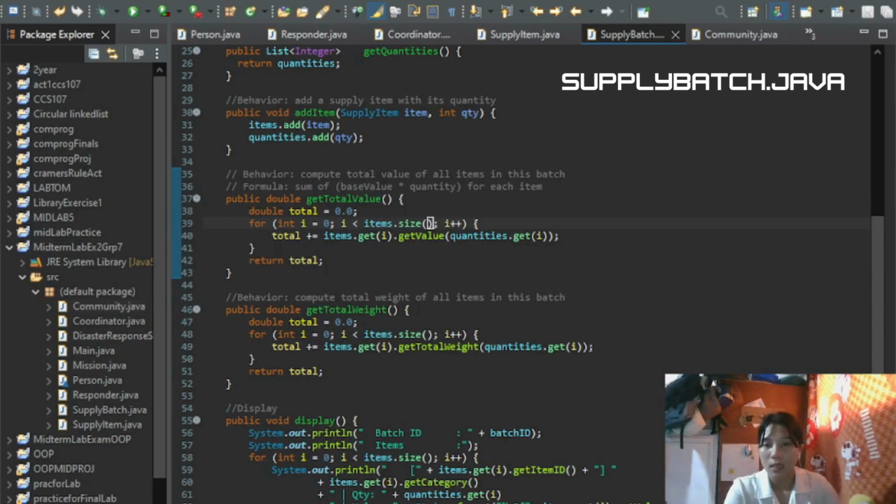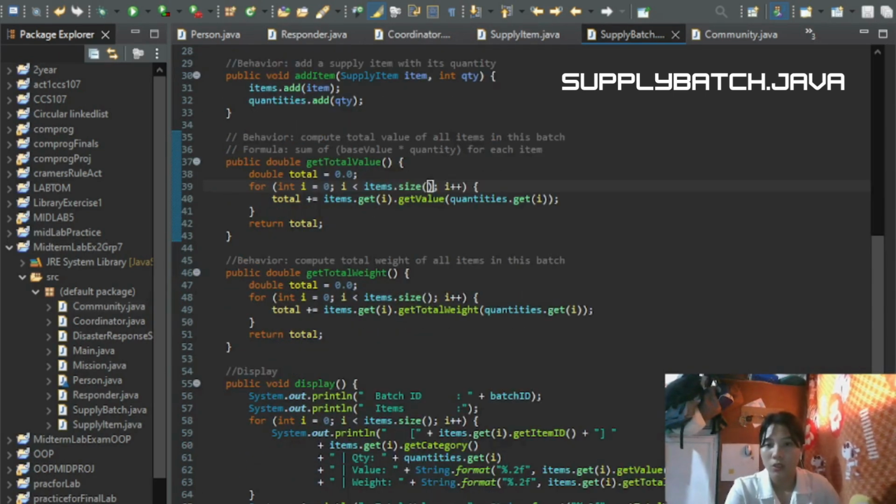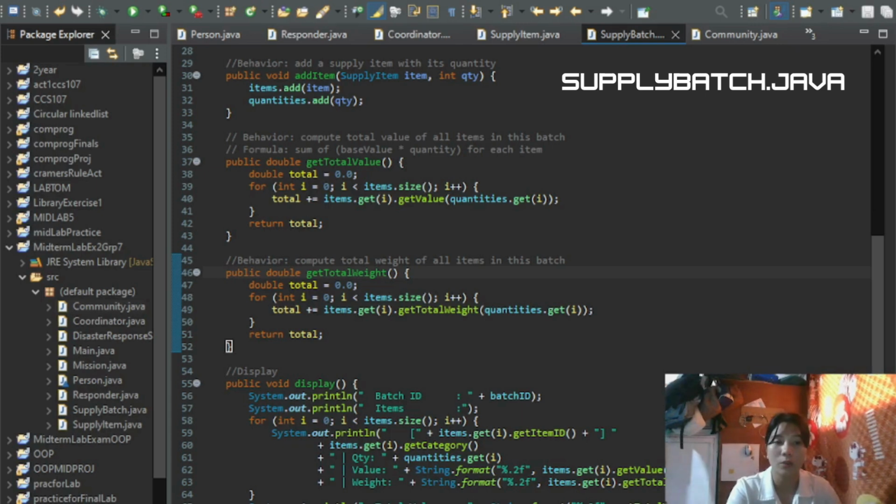And next, the total weight calculation, which is the public double getTotalWeight. This method computes the total weight of the batch. This is similar to the value calculation because it initializes a total variable.